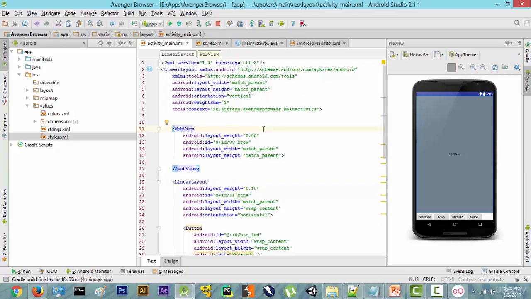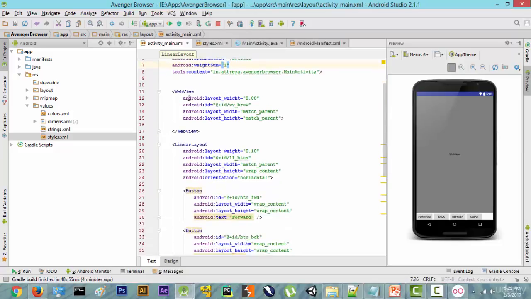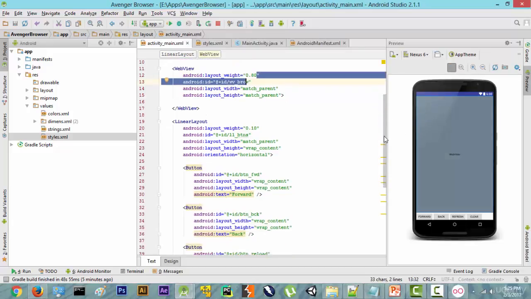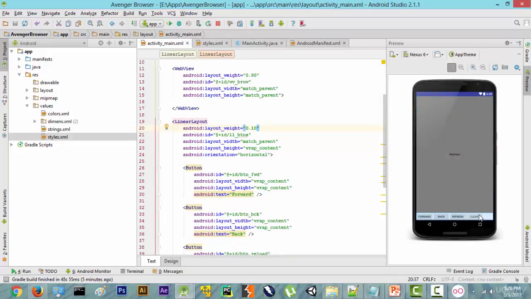Imagine a pizza. We have to divide the pizza among 3 people. The first part of the pizza goes to a very big person because he eats a lot of pizza. So we divide the pizza into 3 parts and we give 0.80 part of the pizza to the web view. We give 0.10 part of the pizza to this linear layout view, which has 4 buttons inside it, and